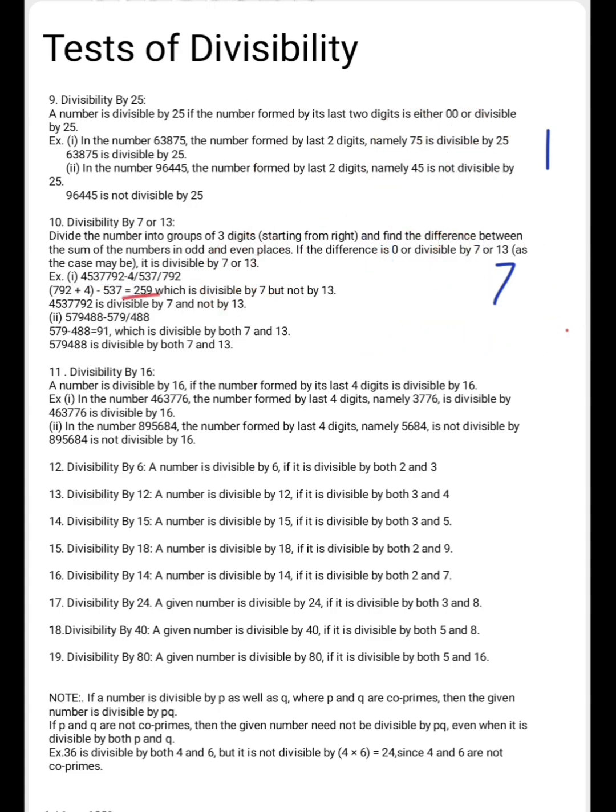559. This number will be divisible by 7, but it will not be divisible by 13. Okay, it will be divisible by 7, it will not be divisible by 13. Okay, next one is of